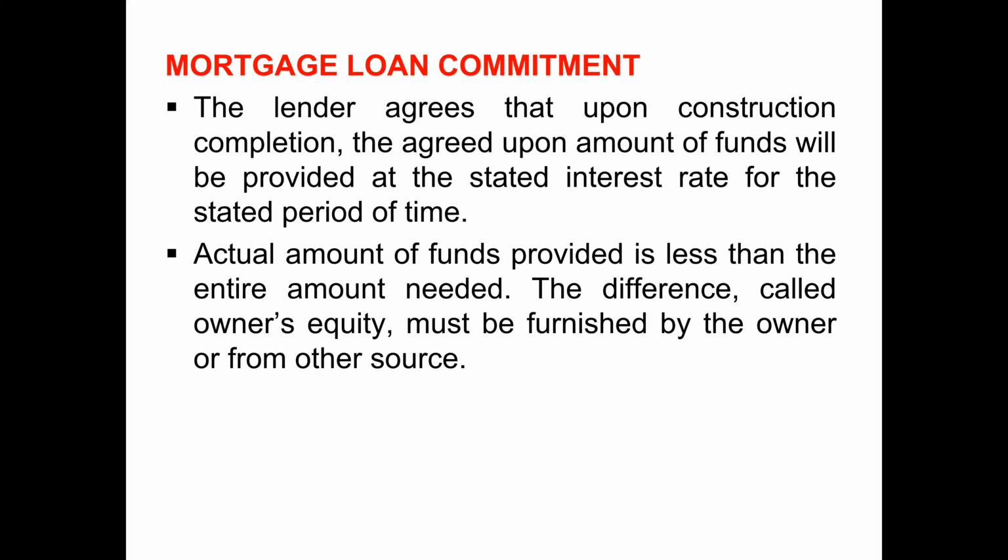So they may give, if the total price of the property is 100, they may give 80. So if the $100 is the total price, it's like a mortgage loan. Also, banks always keep themselves on the safe side, so they give maybe an 80% loan or 75% or something like this. The rest, 25% or 20%, the owner needs to finance from his own resources or from his own equity, the owner's part